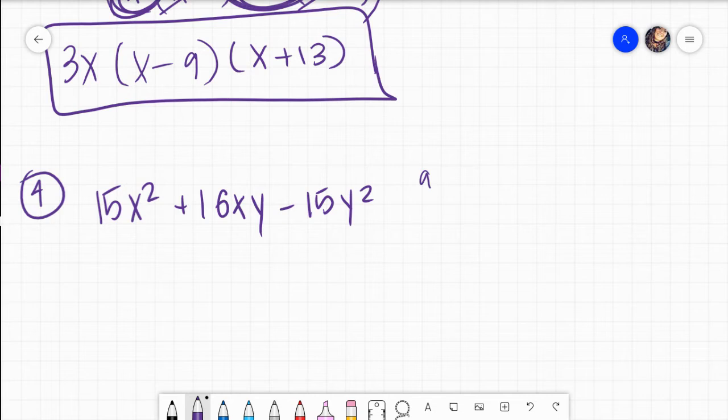Here, my A is 15, my B is 16, and my C is a negative 15. So if I do A times C, what I have here,